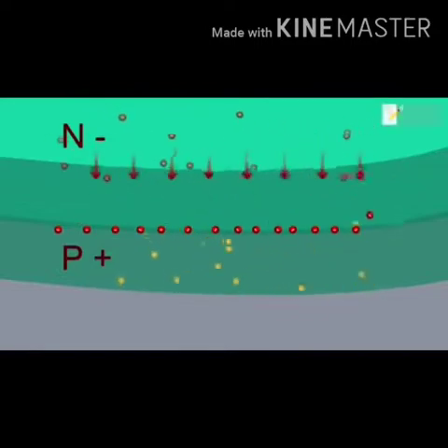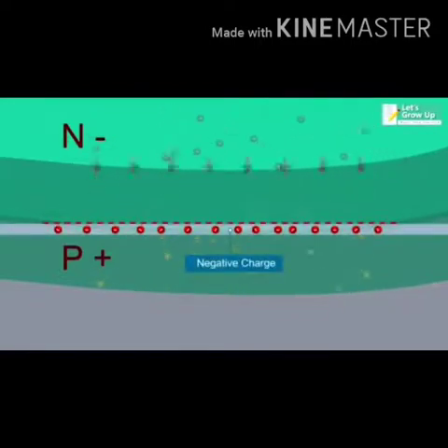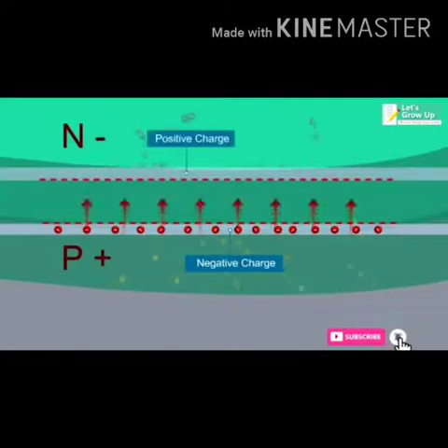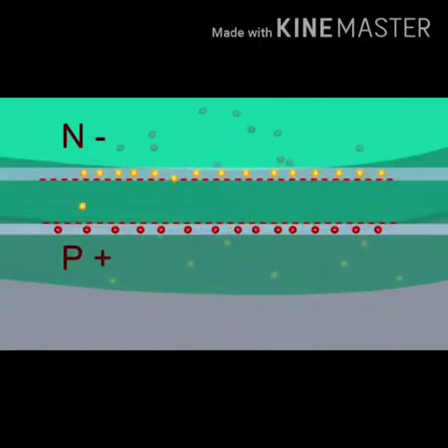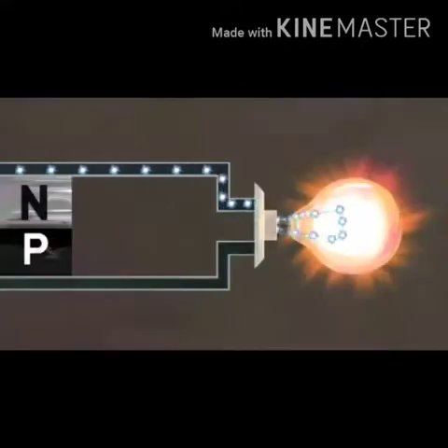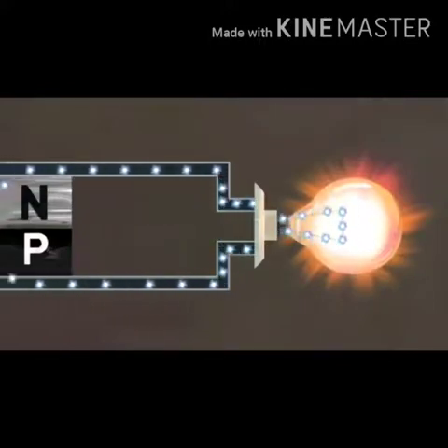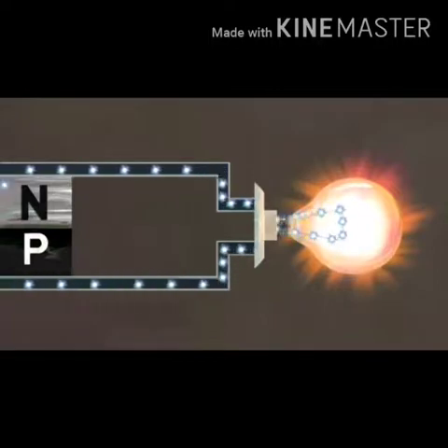Electron-hole pairs are separated by the depletion region. Electrons move towards the N-type silicon layer, holes move towards the P-type silicon layer. Electrons coming to the N side are collected by the front contact and holes coming to the P side are collected by the back electrical contact. A potential difference is formed in the solar cell when an external load is connected to it. Photo current flows through the load.